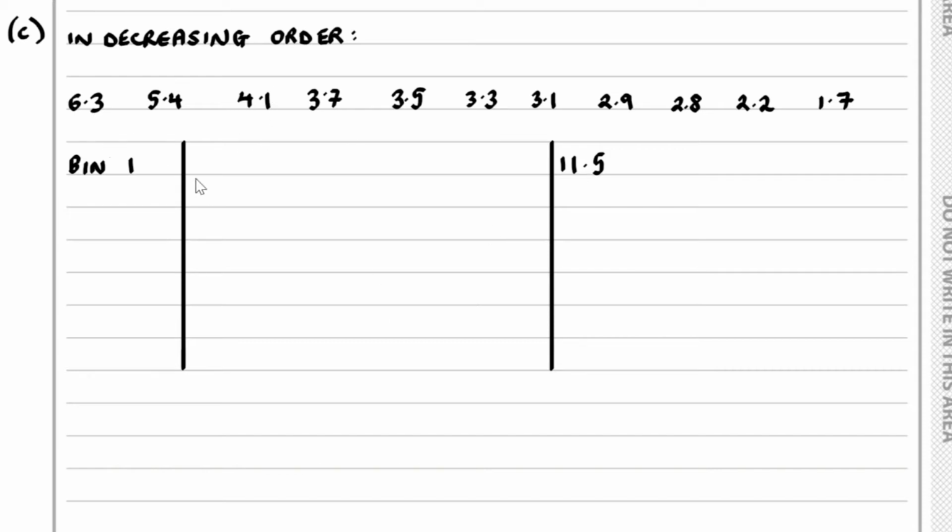We place the 6.3 into that bin, so we can cross off the 6.3. And then the remaining space will be 11.5 take away 6.3, which is 5.2. If we take a look at this 5.4, we don't have enough space in bin 1, so what we need to do is open up a new bin, bin 2 say, which has space 11.5 into it. We place 5.4 into bin 2,